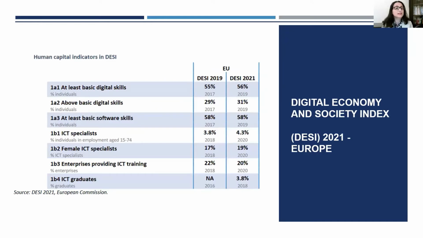Human capital indicators, for example, in DESI, or the Digital Economy and Society Index, and it shows, for example, that we can see here the difference between the percentages from 2019 to 2021. For example, at least those above basic digital skills, for example, 29% to 31%, at least basic software skills it's both in the same percentage range, 58%. But for example, the ICT specialists, and these are the individuals in employment age 15 to 74, 3.8% only in 2019, 4.3% only in 2020, which is a very, very mild increase, and so on. So again, all those are